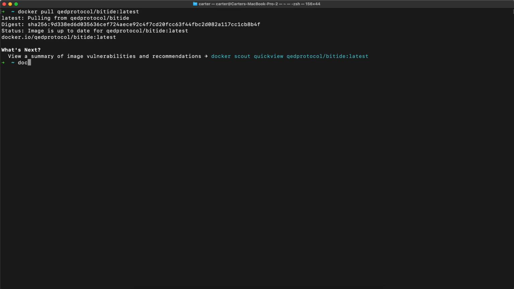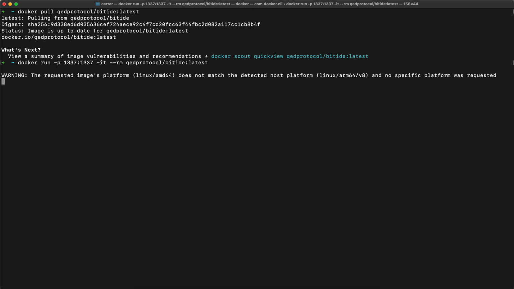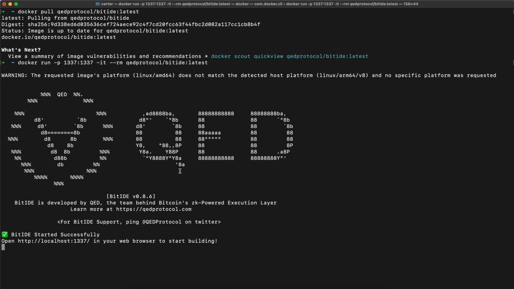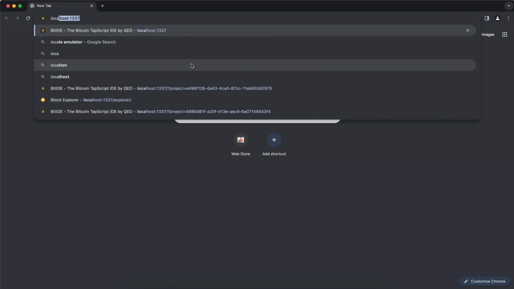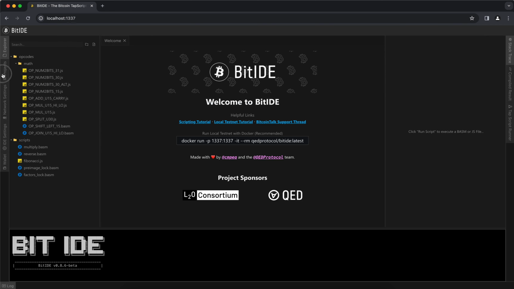Today I'm going to be showing you how to check signatures in a tapscript using OP_CHECKSIG and BitIDE. To get started, you'll first need to pull the latest version of BitIDE. To do that, we just run docker pull. And once that's done, we can start up BitIDE by running docker run. Now that Docker is started, we can head over to localhost 1337,